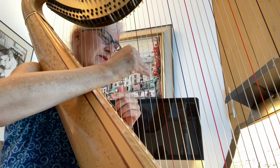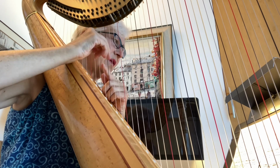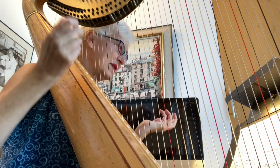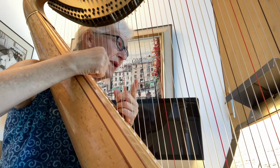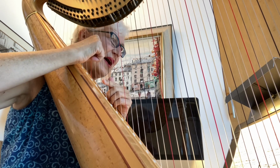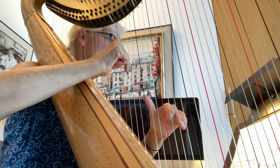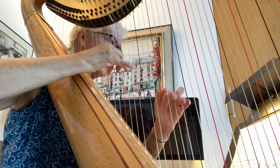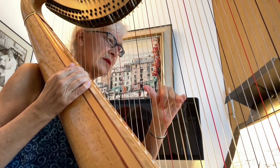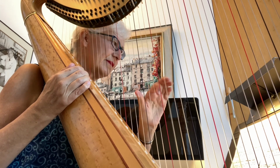And then here I go 1, 3, 1, 3, and then again 1, 3, 1, 3, just to keep it the same. The reason I go 1 3 1 3 is so I don't have to think about switching it when I go back to that bar. So you go from here and then 2 1. So my left hand is just connecting down. Now here I went to 3 2, hopped off, and then